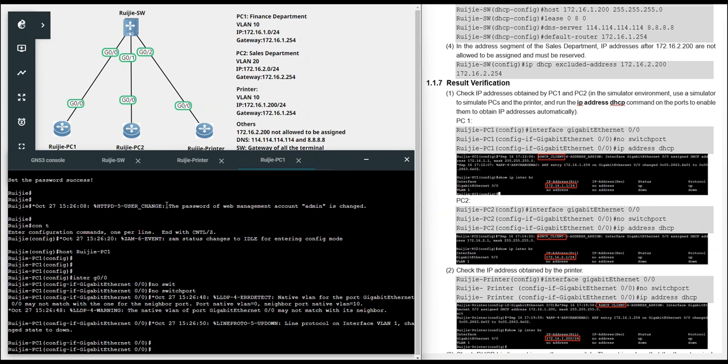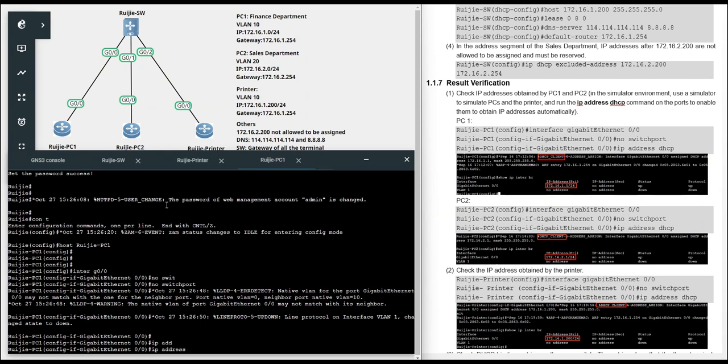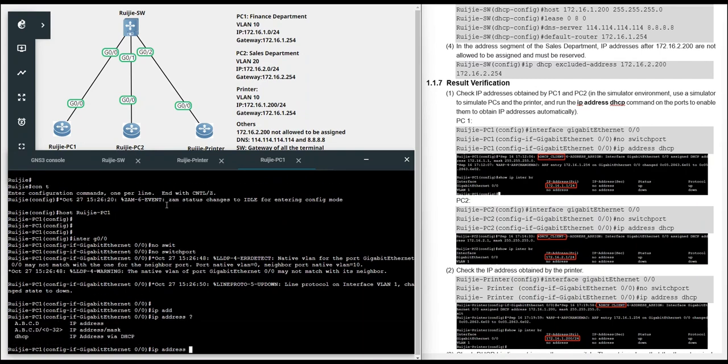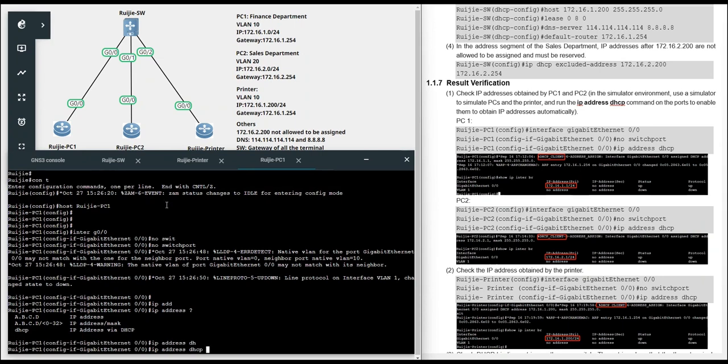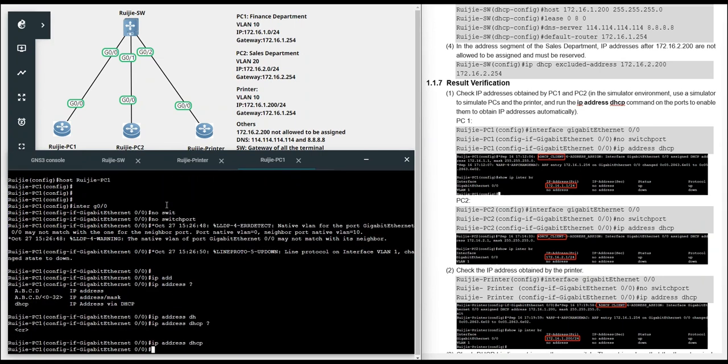But this is a router, it's special, so I add this command. And how to get an IP address? One, you can directly set a static IP address, like this one, giving an IP address with a mask. And another one, you can also set the DHCP way here.